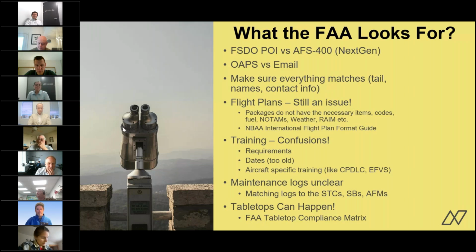Another one that I see very often is maintenance logs being unclear. You have to make sure that when you do your maintenance logs, your service bulletins, your STCs, and your AFM, they all match up. So if your service bulletin is not called out in your AFM, sometimes the FAA will go back and make you pull up another item that specifically shows that this service bulletin does in fact grant this capability to this model of aircraft. And that's because they want to make absolutely sure that the service bulletin that you have, especially if it comes from